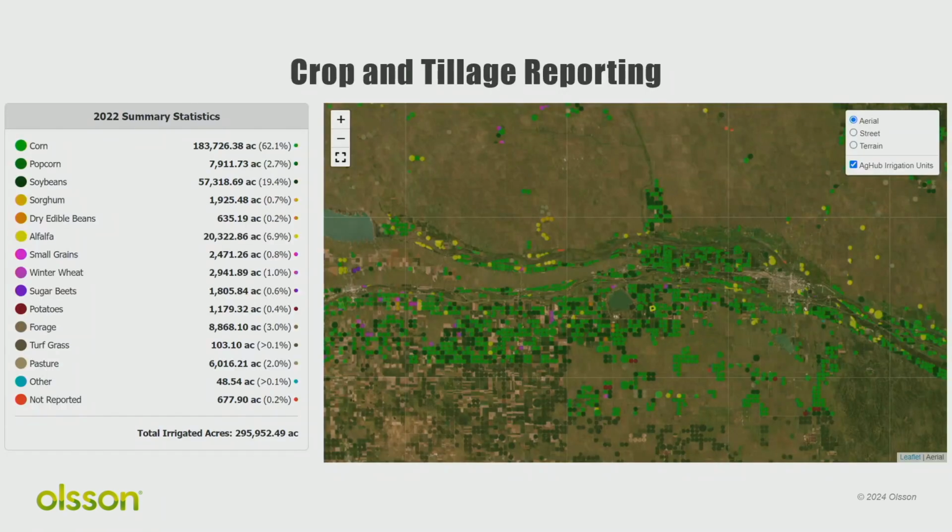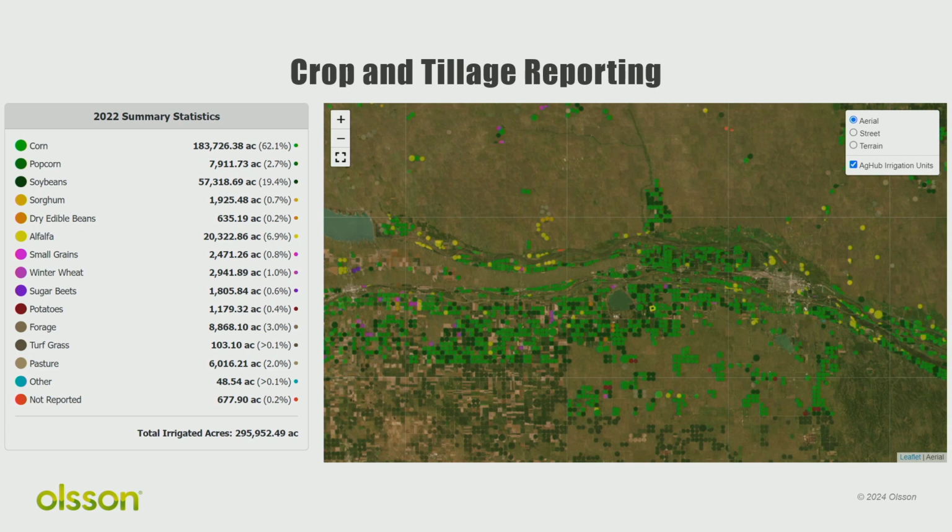And hot off the presses, we just added a viewer so we can see the crop and tillage types. And I like to joke that Nebraska's perfected the corn crop rotation. And it's largely true, but not 100%. And you can see here, it's obviously the dominant crop, but I was actually kind of surprised at some of the things that are grown in,